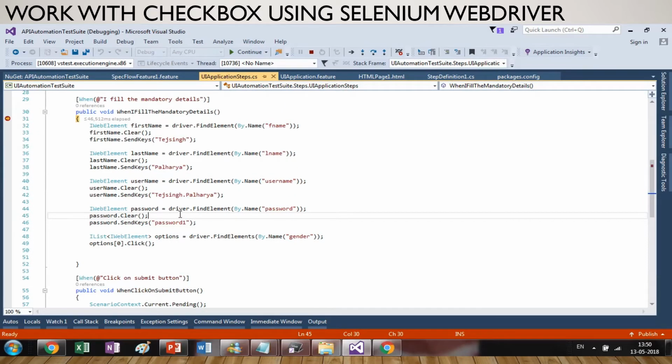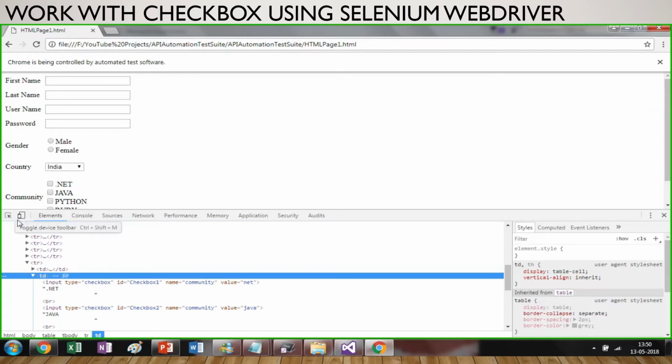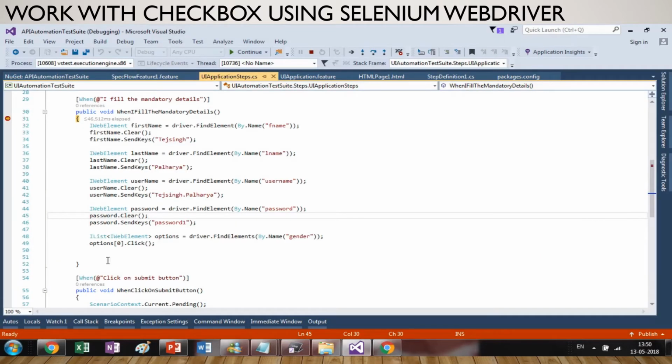Now working with the checkbox using Selenium WebDriver. For this checkbox we can also use the same thing. Let's see how it's working. Since we need to select multiple options, we have multiple options to select, right? You can see the input type equal to checkbox, and we will use the name of the element. So IWebElement checkbox equals to